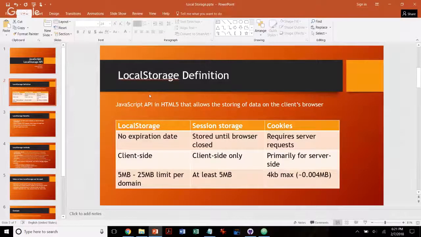So what is local storage? Local storage is an API that JavaScript has as part of the HTML5 features. With that, you can store data in the actual browser on the client side. And as you can see, there are some benefits, and you can see the differences between local storage, session storage,